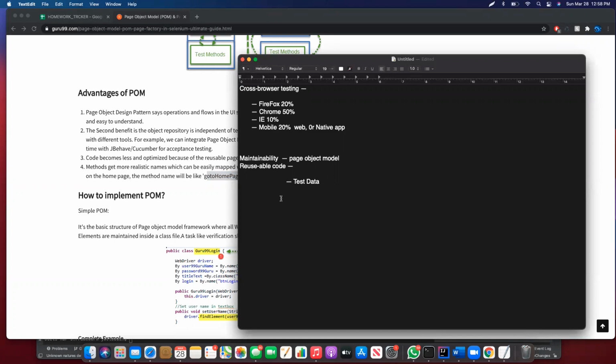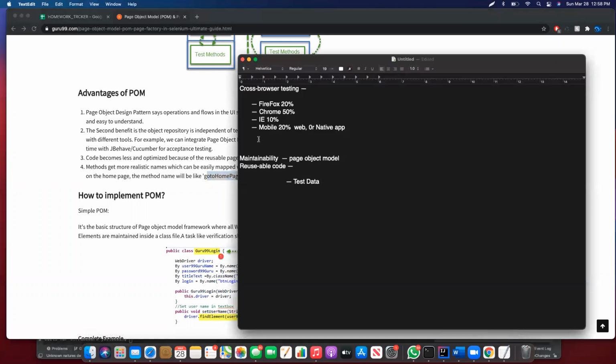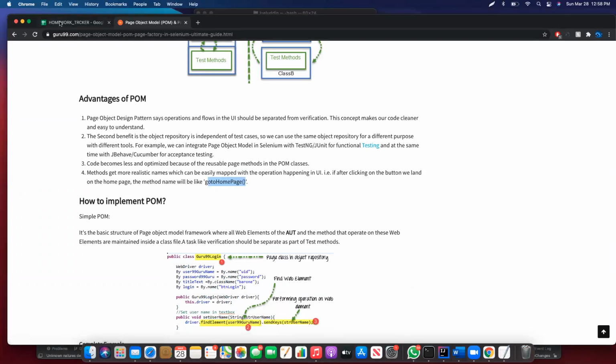Test data should never be directly in here, right? It should be called from a class. It should be encapsulated. So this is where we're going to be using our, how do I say this? Let me just go ahead and,